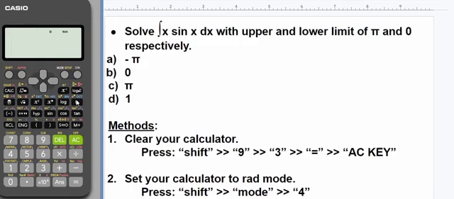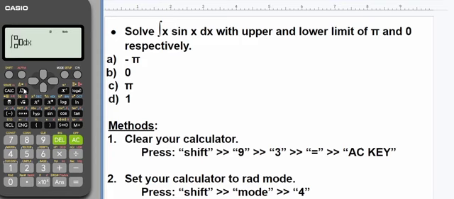All right, set your calculator to radian mode. Our calculator is already on radian mode. Then what are you to do again? Can you tell me? Good. Just press the integral sign. Then after pressing the integral sign, you put the question in and press equals to get your answer. All of this is very simple. This is actually solving integration with limits. That's why I make this question first before we move to the other questions.